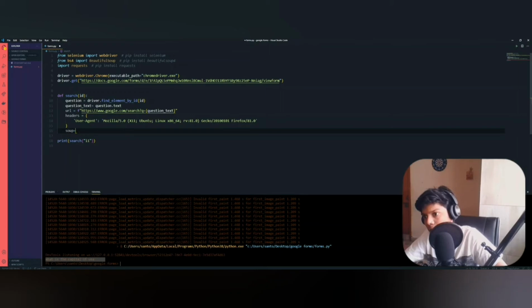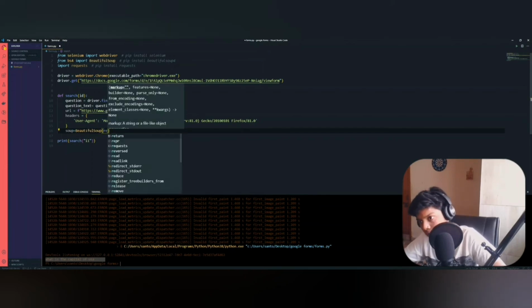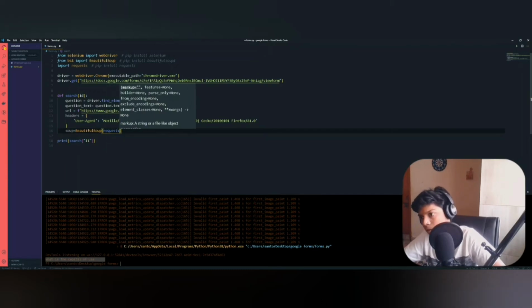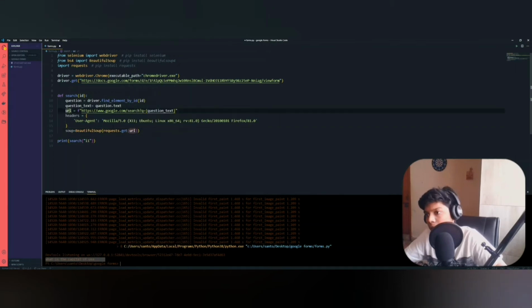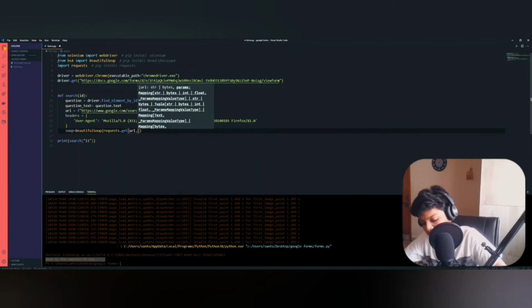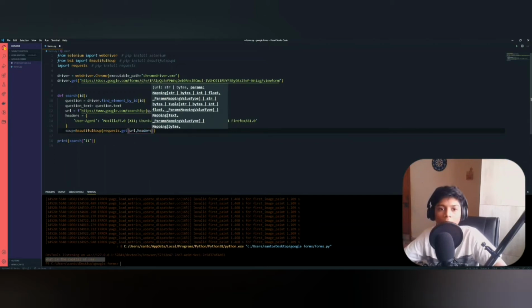You can just use BeautifulSoup and then say requests.get, and pass this variable I have created. And next we need to pass it these custom headers. And next thing is we need to use a method called .content.